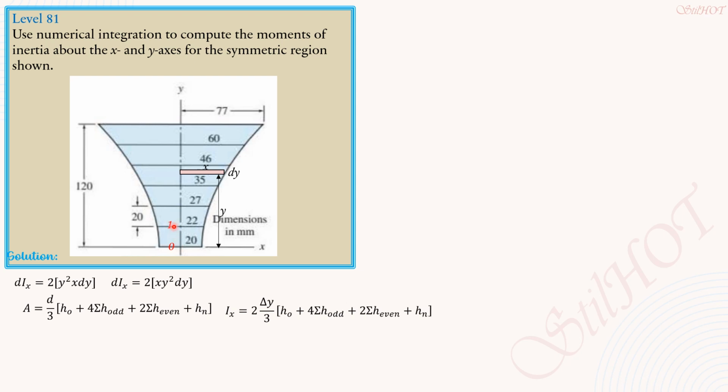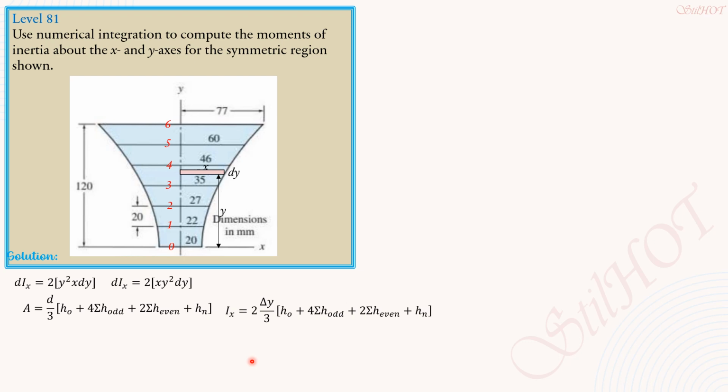So odd n is 2, even n is 3, odd n is 4, even n is 5. Then this is the last h sub n. So that's x y square, where x is 77 and y there is 120 for that last